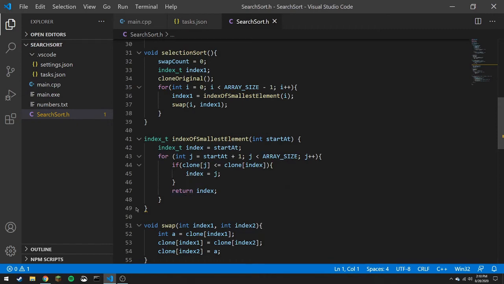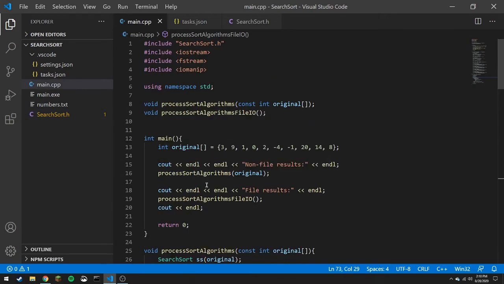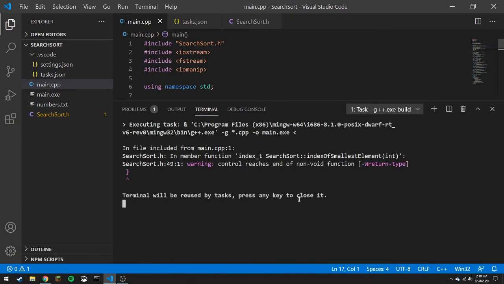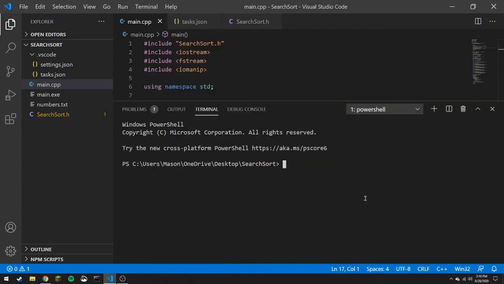Oh wait, never mind. Yeah, that's fine. That can just stay there. Control Shift B again, just to double check it. Yeah, that's fine. And then in order to do that, you go here, new terminal, and then you want to do this. In order to do it, you see this main.exe, you want to type in